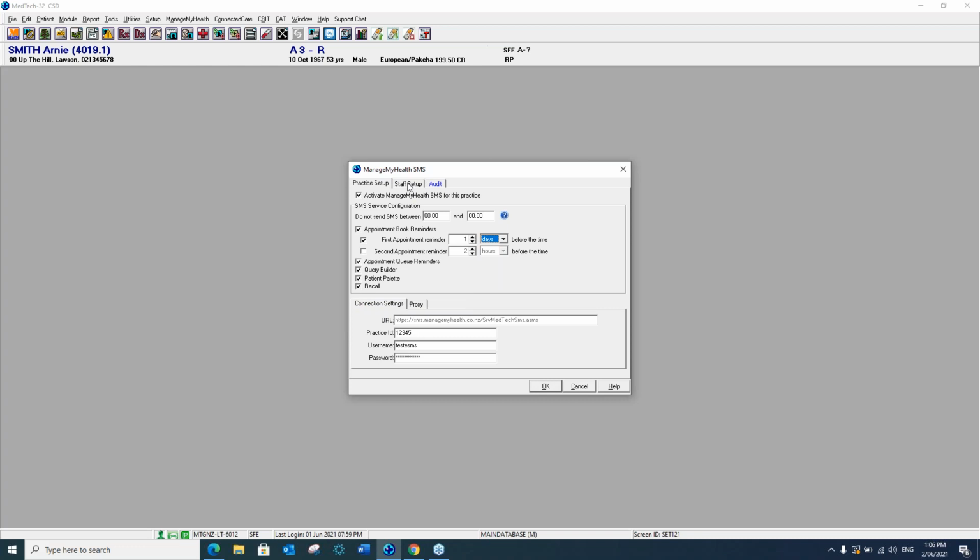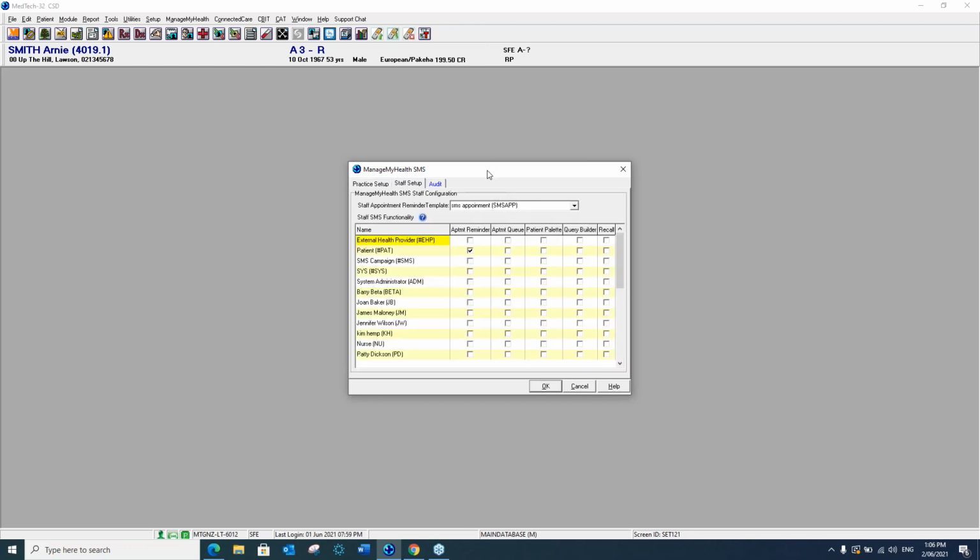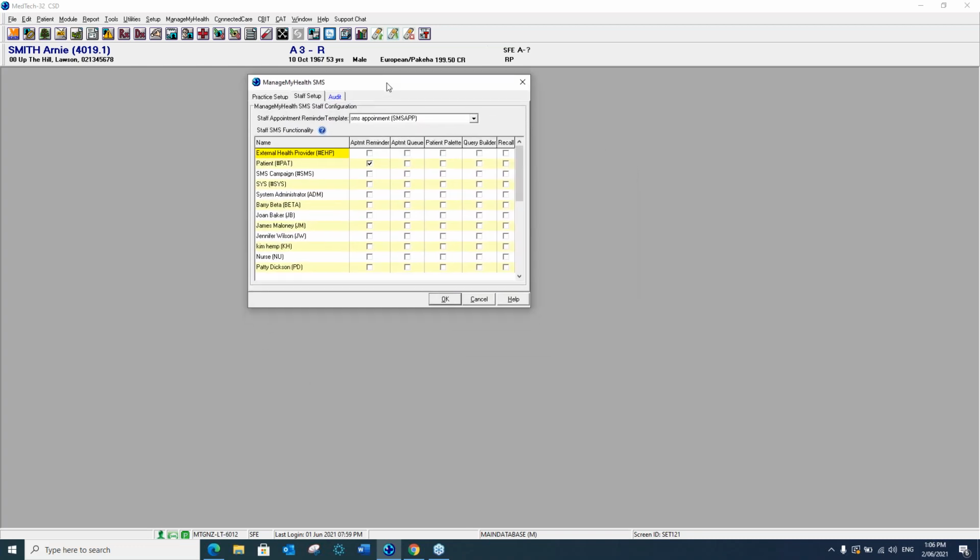In the Staff Setup tab, you will need to enable each staff member access to sending text messages. So I'm logged in here today as Dr. Eves. I've allowed text messages from his appointment template. I'm allowing queue messages because he works on the queue sometimes. He can send text messages to random patients, and he can do queries and send text messages,